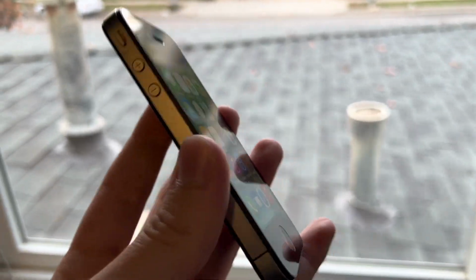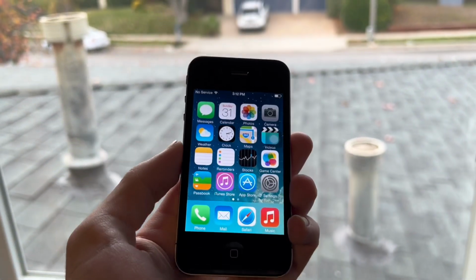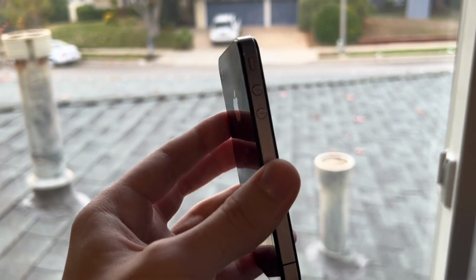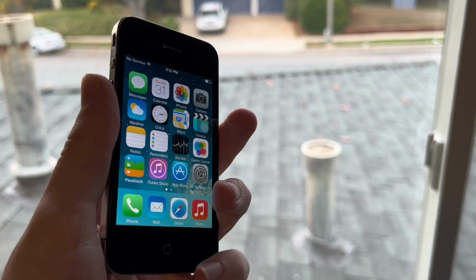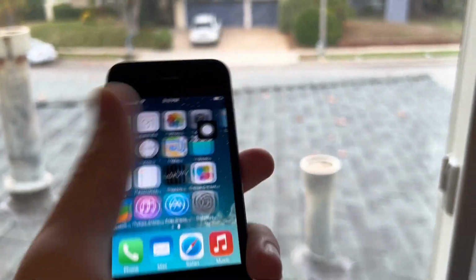in 2024. How does this hold up 14 years later? So this was released back in 2010, which is such a long time ago, it's crazy. But one new thing that was really special about the iPhone 4 was its design. Instead of a curved back or curved sides or anything like that, we have an aluminum side and a beautiful glass back. And so as a result, the sides are completely flat and so is the back, unlike the previous